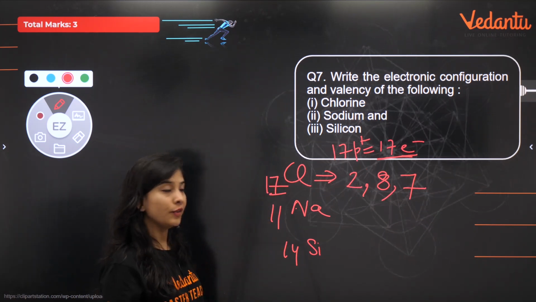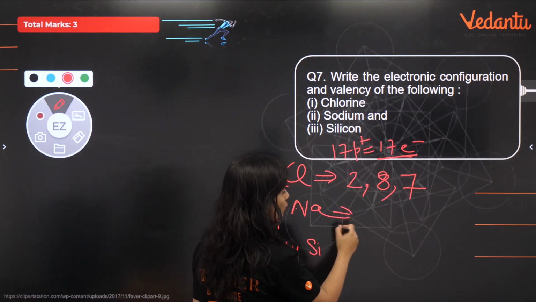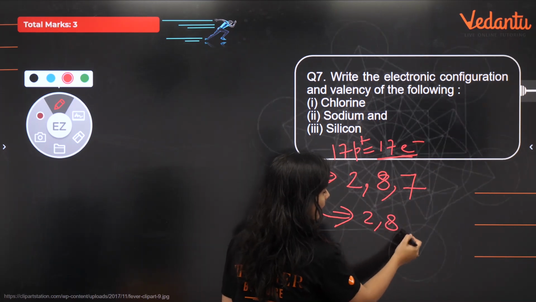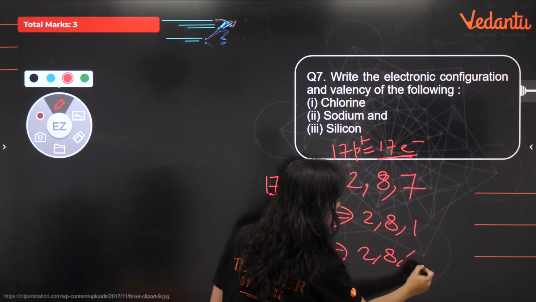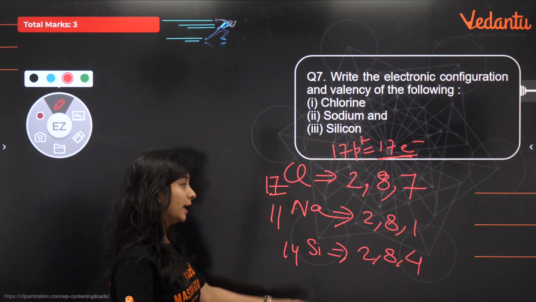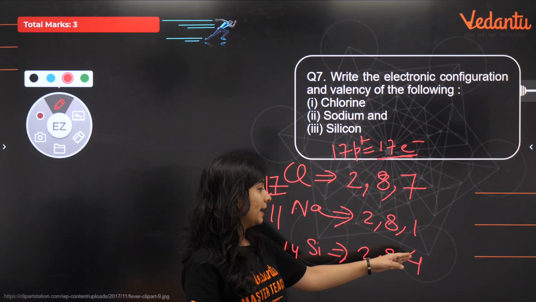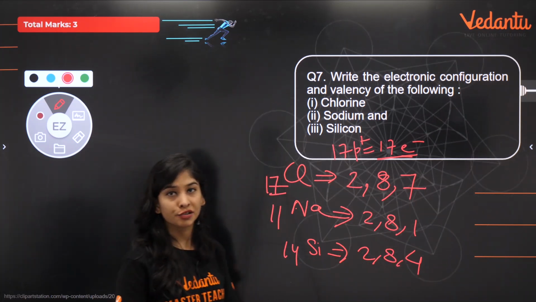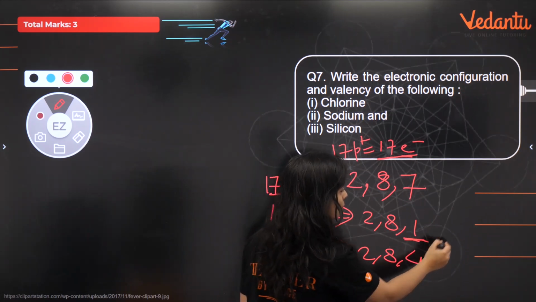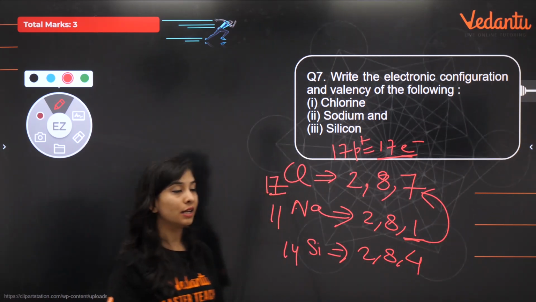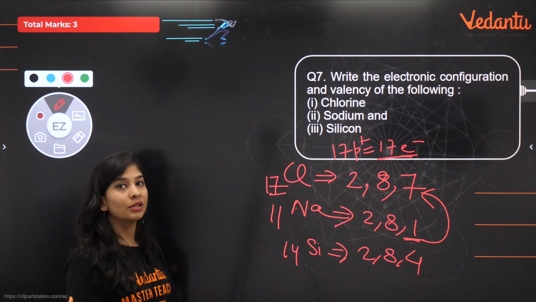Chlorine का configuration we have already discussed. What about sodium? 11 electron 281, and silicon 14 electron 284, KLM. So they all belong to 3 shells in which electrons are distributing. Sodium, by losing its 1 electron, chlorine can accept that electron, and can make a compound also, that is